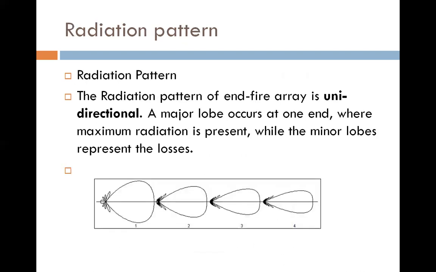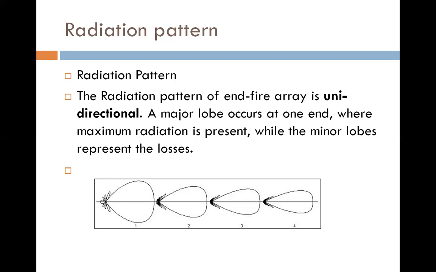So when we apply this phase difference signal with equal magnitude, what happens? The antenna radiates the energy at the end point, or the antenna fires the energy at the end side. It does not fire in the broadside. So due to this phase difference, what happens? Cancellation of the field does not occur in this array.